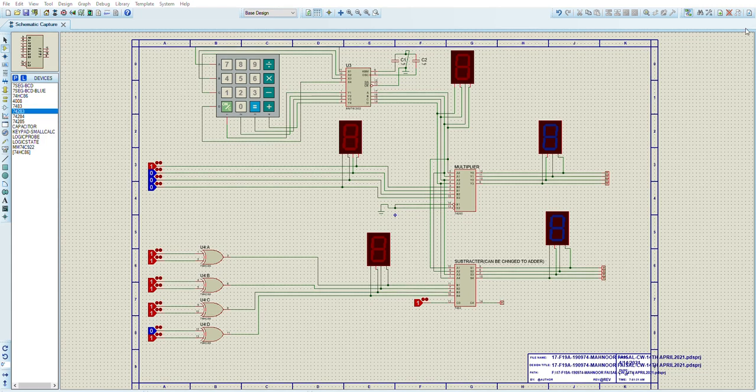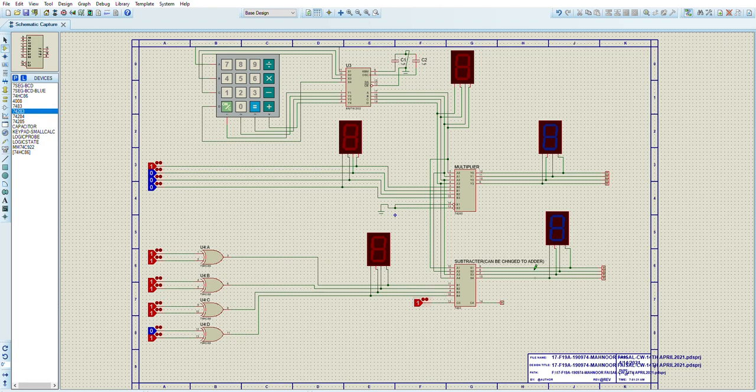There is just a tiny difference, but we would also include this so we could know the difference after this. Okay, so first of all, the B outputs of the multiplier are simply connected to the logic probe. You can place it closer as well, but to make the circuit easier to read, I have placed it a little bit farther. Next is the adder and subtractor. In the adder and subtractor, the inputs are coming directly from the keypad. Whatever the keypad types would be given over here. Then the outputs are given from the XOR gates, which are also known as control inverters. We have simply placed them and added them.